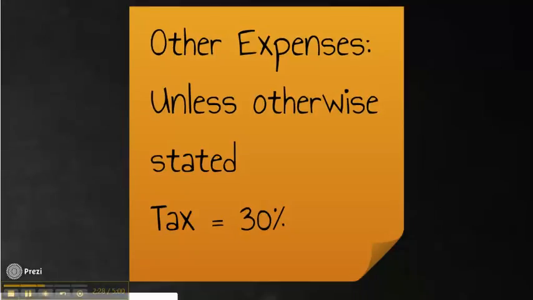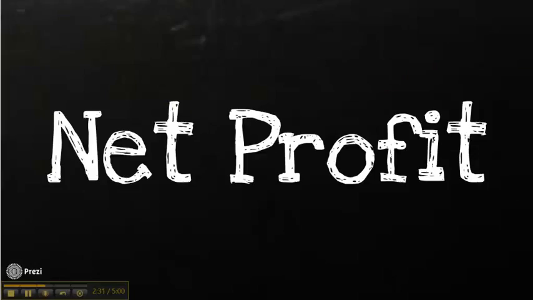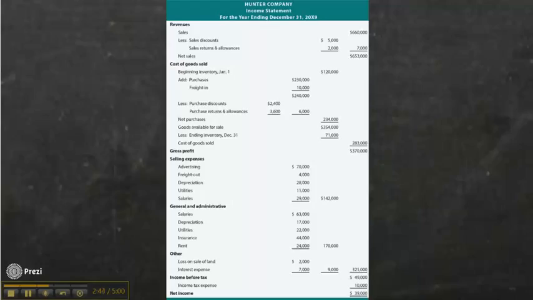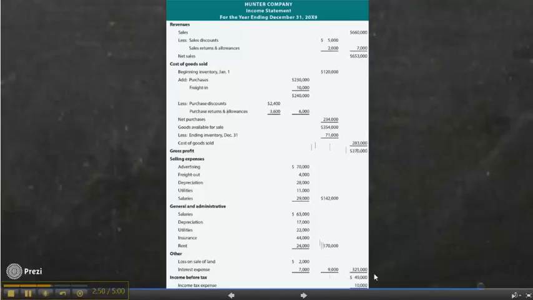And if we bring all these components together, we get our net profit, which equals our gross profit minus any expenses, to calculate how much money you end up with in the end. Now we come back to our example, and you can see here our gross profit minus all of our expenses is going to give us